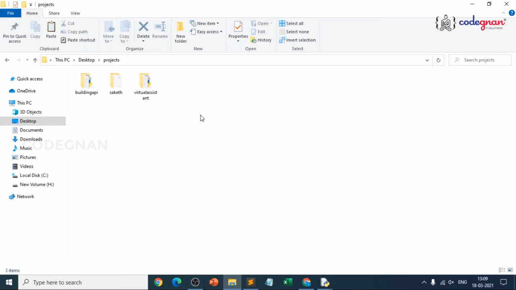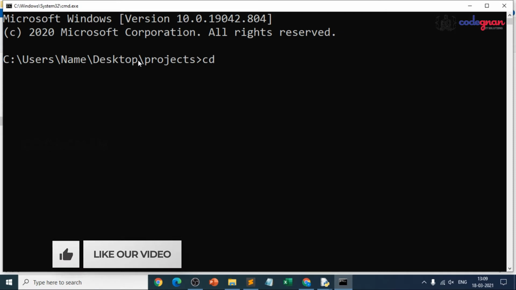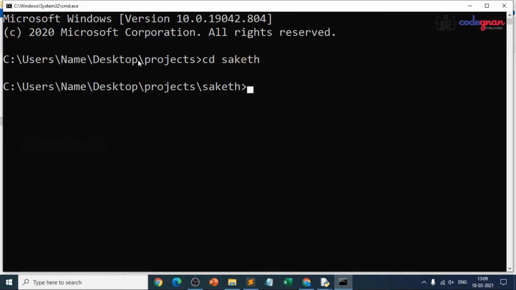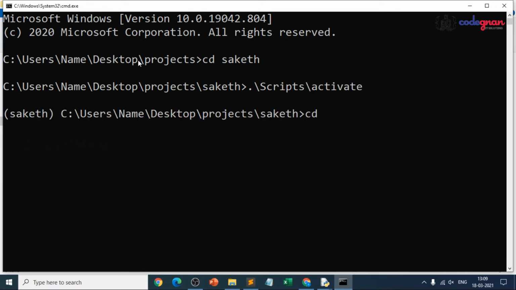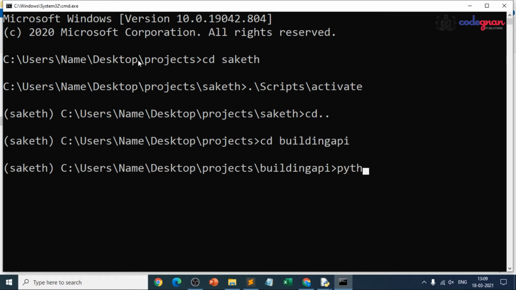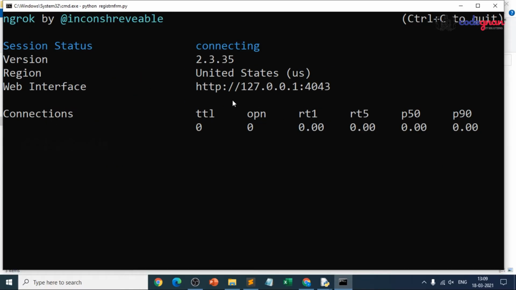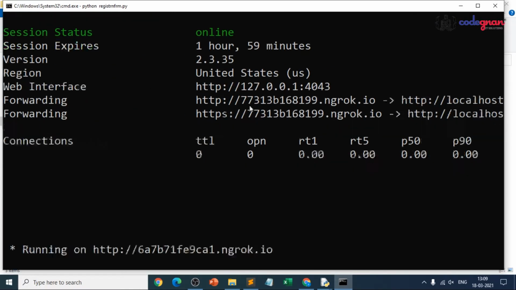If it is closing, it's fine. Again go to the location, because it may happen sometimes. No worries. Then again activate the environment, because we're in the virtual environment, it may try to bother you the first time, but you should activate the environment and just try it again, because that's how you learn, right? So you just go to your project folder, and this time you'd be able to see, run the Python file. You should see a terminal being popped up. Yes, you got it over there. Just wait for the connection.